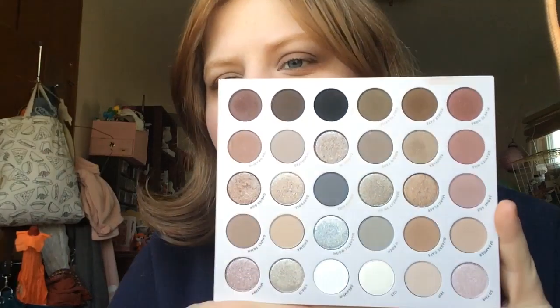When I got up to, I think I rolled it in that last update, when I got 5 uses, I was kind of feeling like, oh, this is a very pink palette. I had only done pink looks up until the halfway mark, because it is mostly pinks. And then the last half, I have really fallen in love with this. Today I'm wearing 3 shades from this palette,